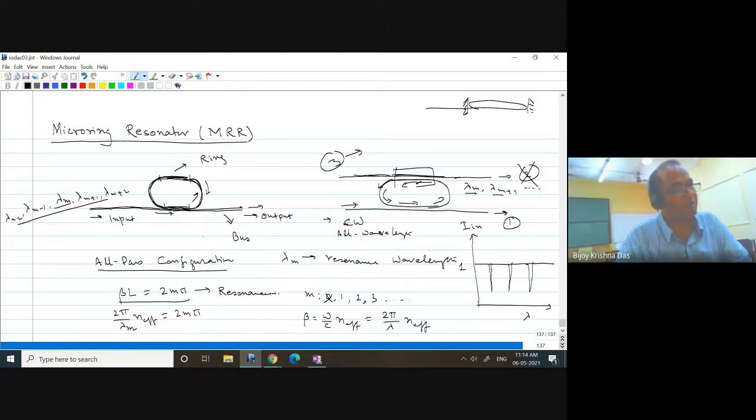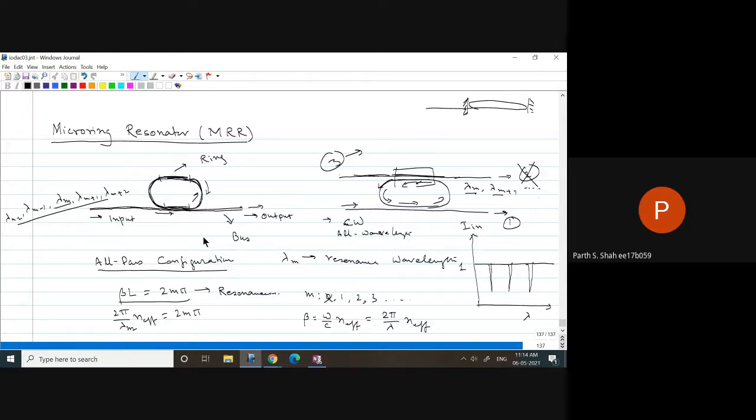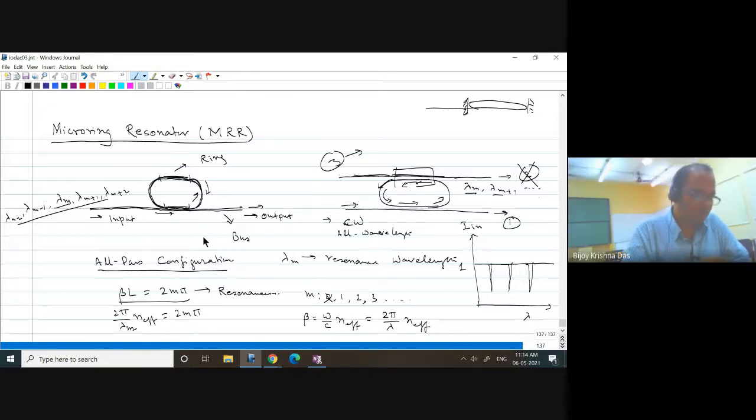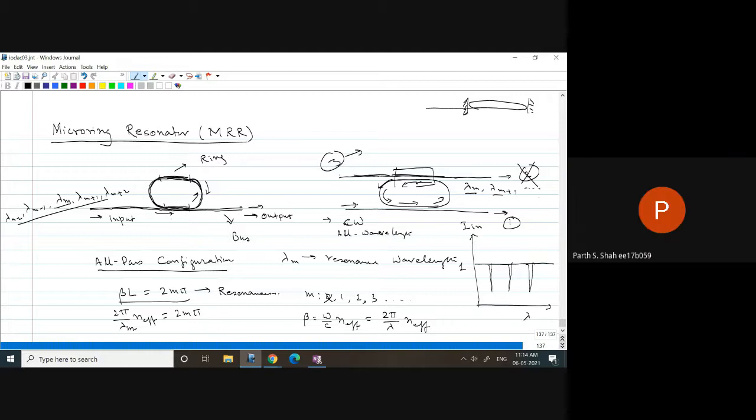So no counter-propagating waves are there in a ring, right? That is the reason it's not necessarily the case that all the time you need to have a standing wave for resonance condition. Okay, sir, but basically what's happening is the light is interfering with itself, right? True. Right. So is there any condition on how long that light pulse has to be or something like that?